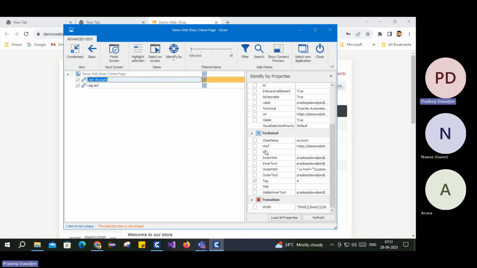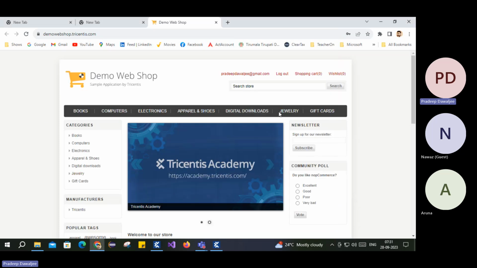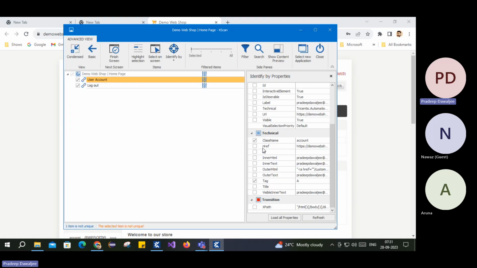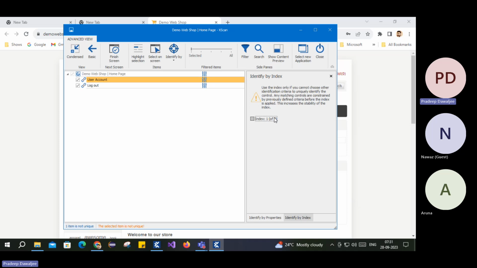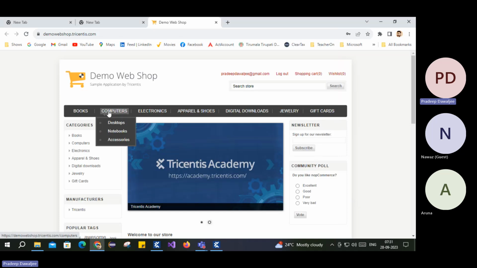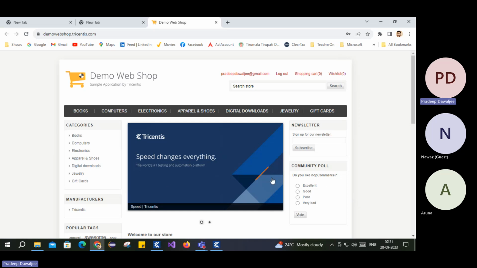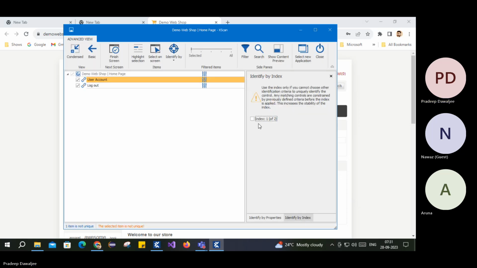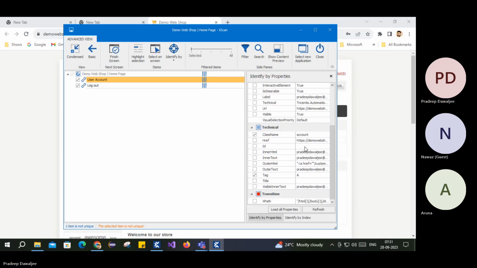So you can identify it that way. Or if you see the class name, it is just account. So I can take this class name and see if any other element has that class name. I guess it still does. If we see the index part, how many are there? There are two. One is this, and the other might be account somewhere else again. I'm not sure where it is pointing. So index would be one, but if you see any other thing,